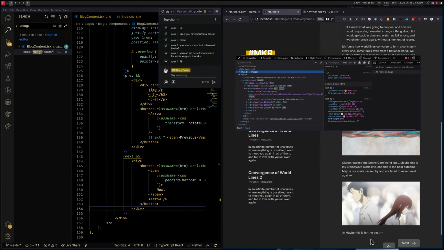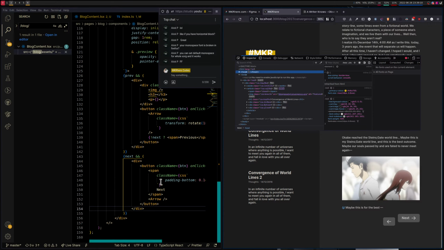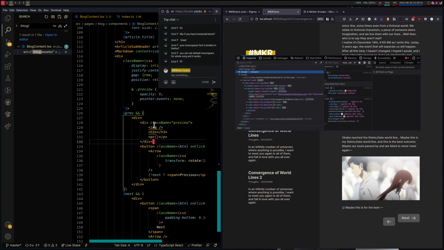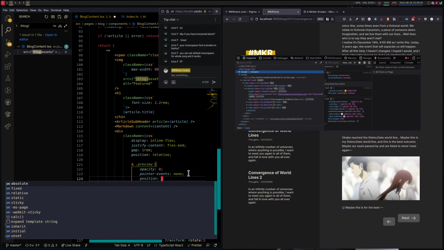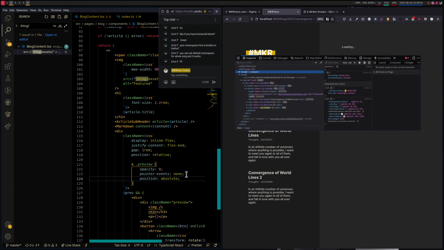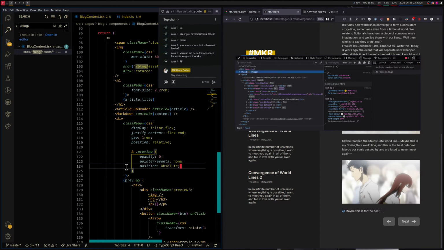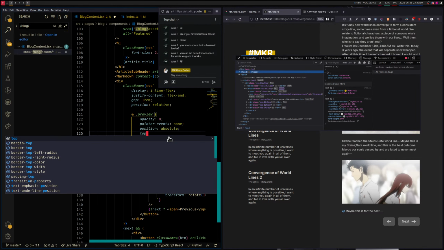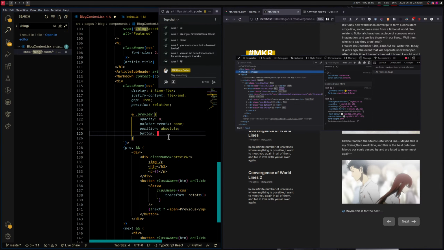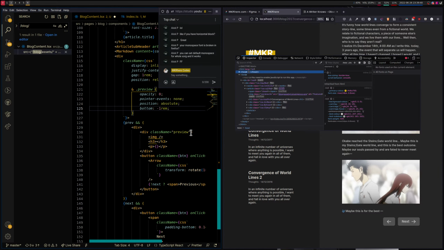Does that change our layout? It does. And why does it do that? Because of this. Because this is taking space, right? But that's fixable because position absolute. Now it's removed from the flow and it doesn't affect the other thing. And now we do bottom -1 rem and then we do